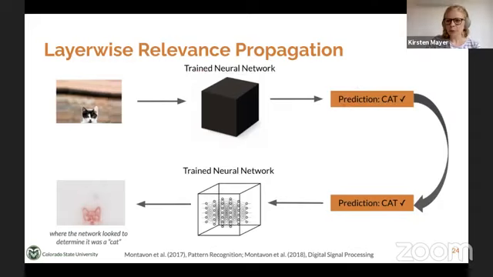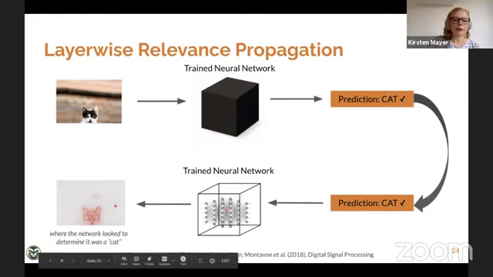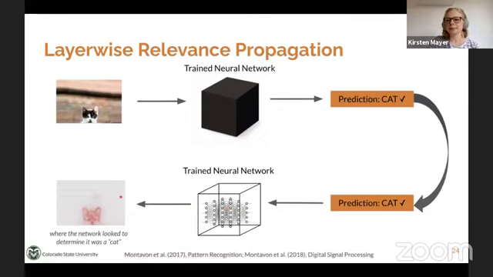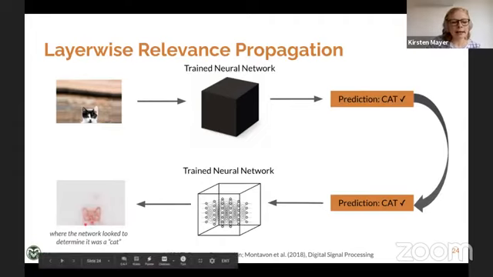So we can go back through our trained neural network, uncover what's inside the black box, and trace back and create a heat map of what the neural network actually looked at to determine that this picture was a cat. And so you can see that it's picked out some ears, maybe the nose, some eyes,